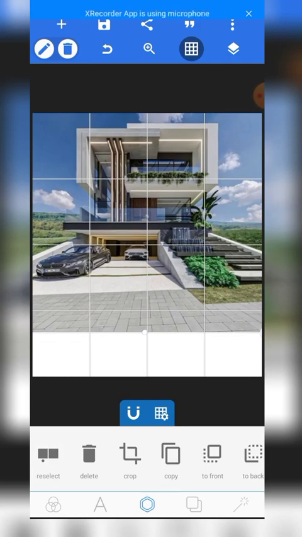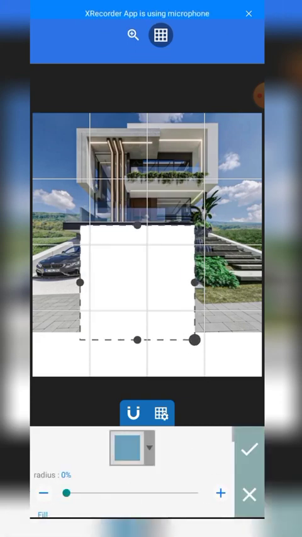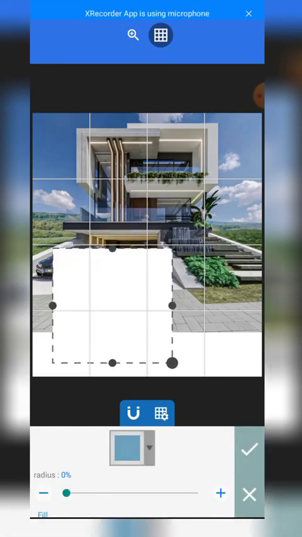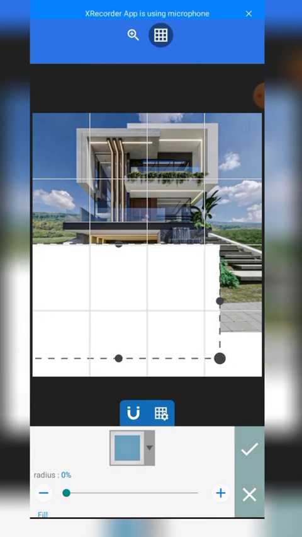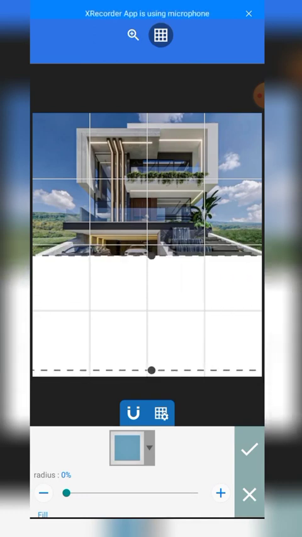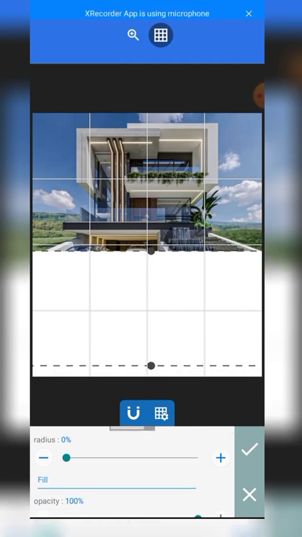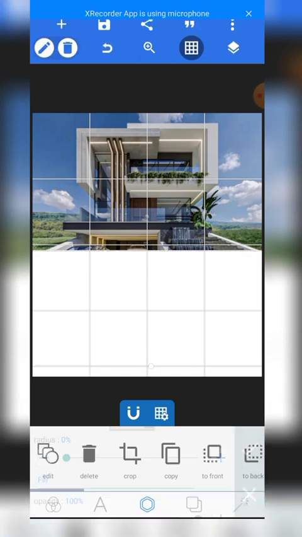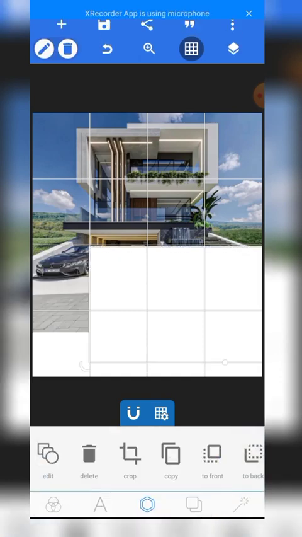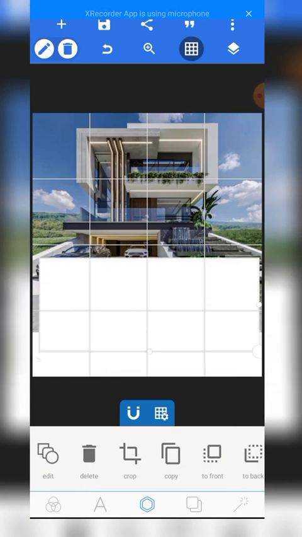When I place it at the center, the next thing for me is I'll go to shape and draw a shape. So this shape that I just drew now, from here, when I draw the shape, I'll say okay. Let me reduce this. So what I'll be doing on this shape is